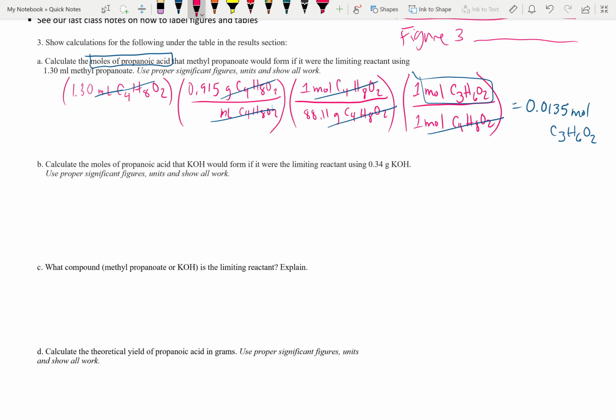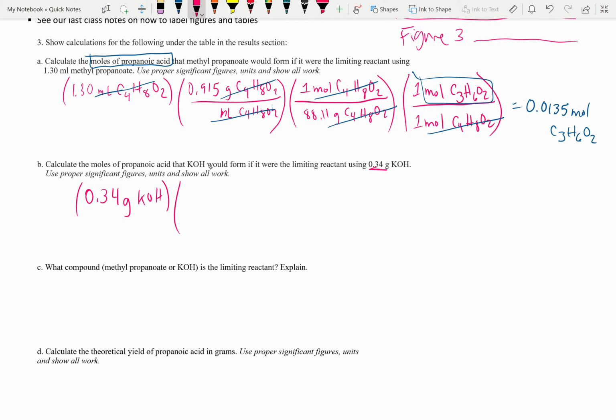Okay, so the next question asks us to calculate the moles of propanoic acid that KOH would form if it were the limiting reactant. Now I changed this. This used to be 0.034 grams, and I changed it to 0.34 grams. So for that math, now we don't have to convert milliliters to grams, since it's already in grams, so we use that. So we have 0.34 grams of KOH